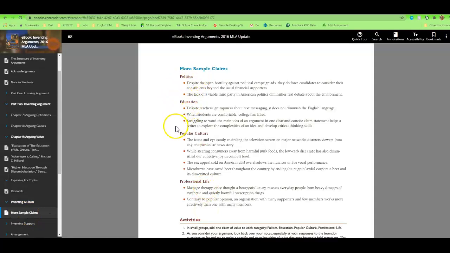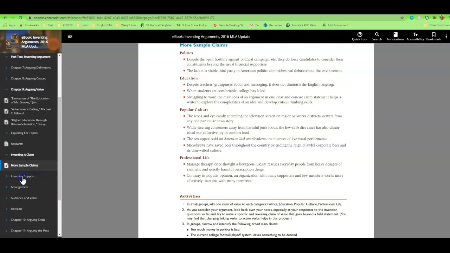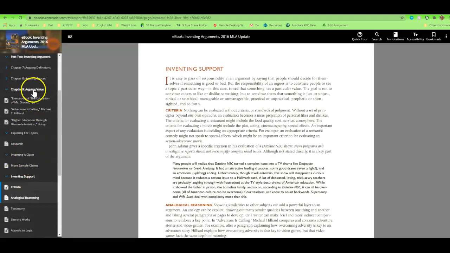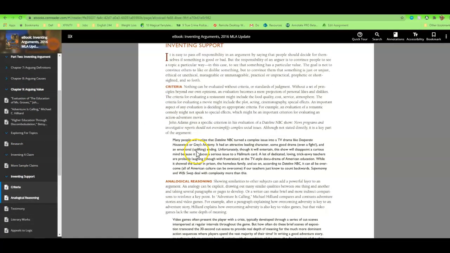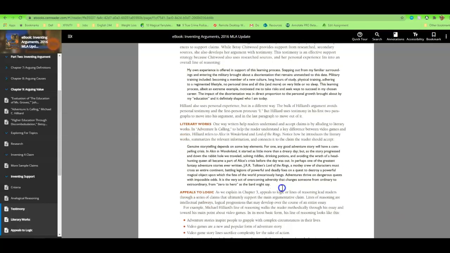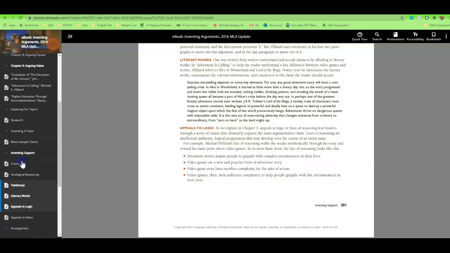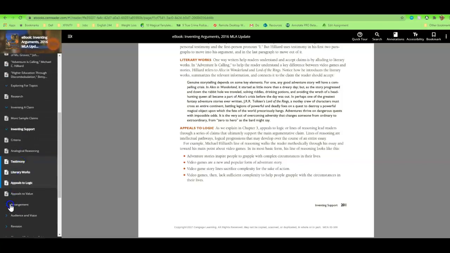These are sample claims about politics, education, popular culture, and professional life. And then it has how you would invent support for arguing value. And so this is kind of nice. Sorry, my thing is going off. And then how you would arrange this type of